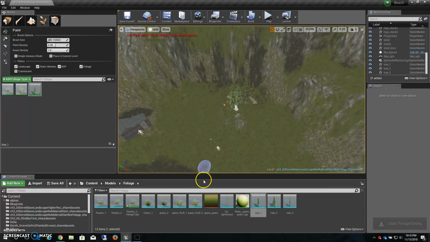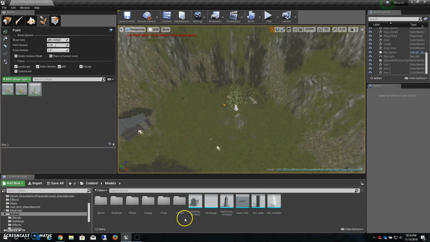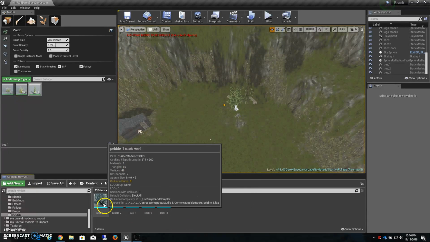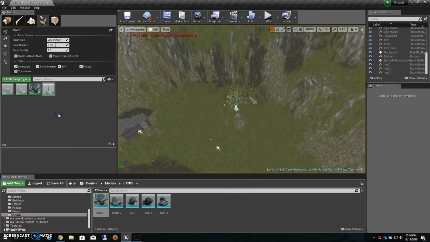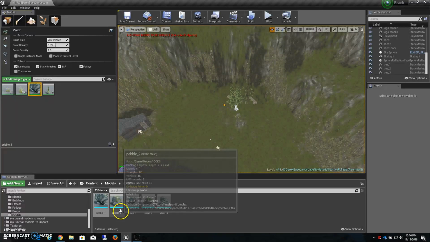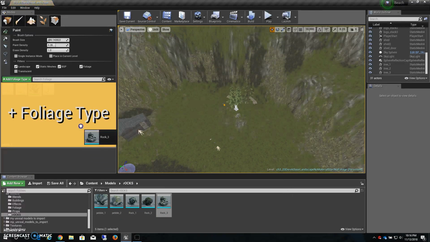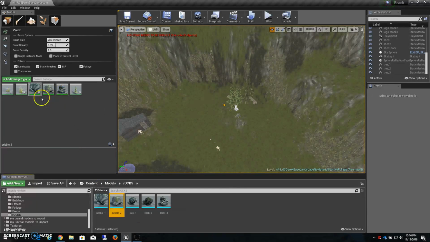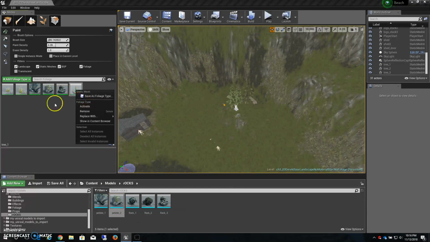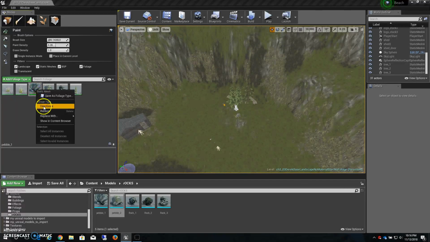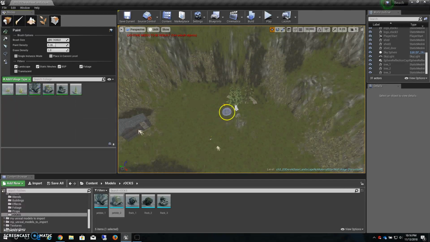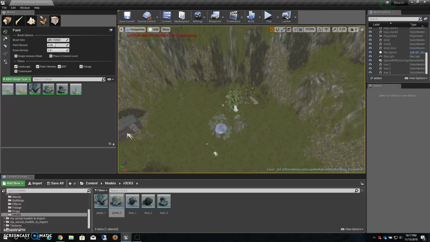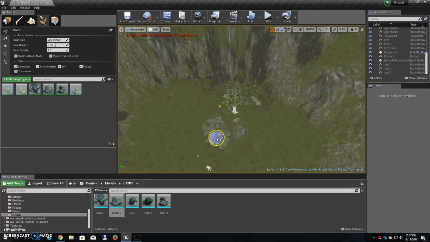Another thing that I can do, instead of using these, I'm going to deactivate this. I'm going to go down to my models and go into my rocks, and then I can bring rocks into my area, and I can actually paint some rocks, maybe some different size rocks. And from there, I'm going to make sure these are all off, that I have these all active, and then I could paint some rocks. Notice I'm adding rocks to my scene,